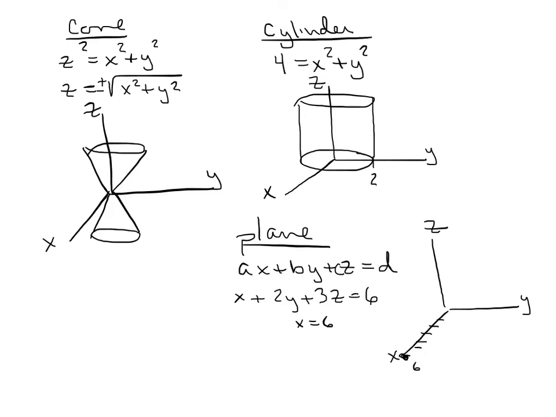Then I'd want to find out what y is. So I ignore x and z, set them equal to 0. I get 2y equals 6, so y is going to be 3. 1, 2, 3. And for z, I'm going to set x and y equal to 0. So I get 3z equals 6. So z is going to be 2. Connect the dots. And so the plane is